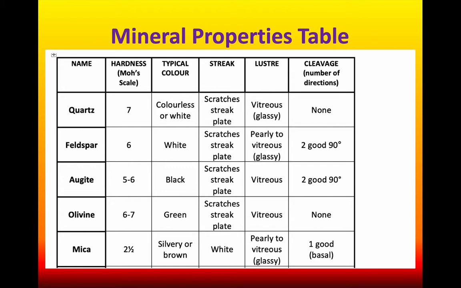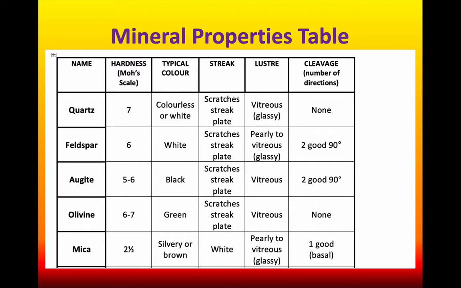So these are some metal bonded together with silicon and oxygen. These minerals form the bulk of rocks, in particular all igneous rocks, most metamorphic rocks, and a lot of sedimentary rocks. So if we're going to be able to identify rocks, it's really important that we can identify these 5